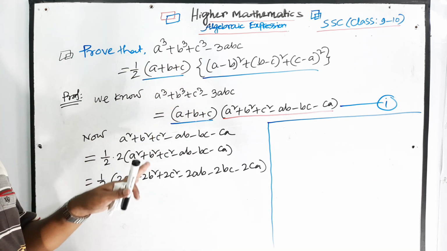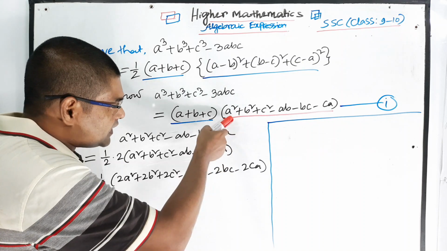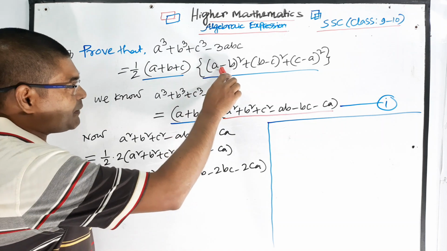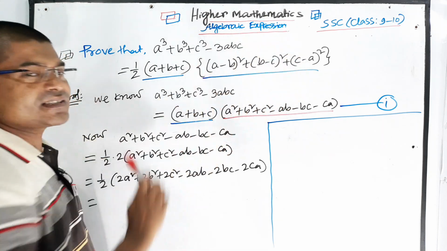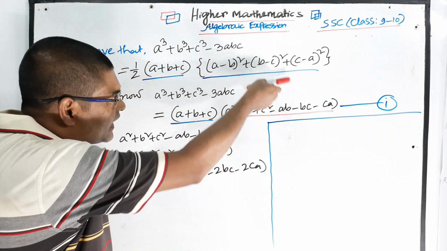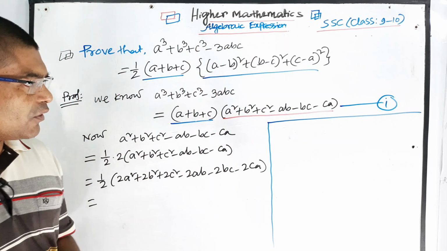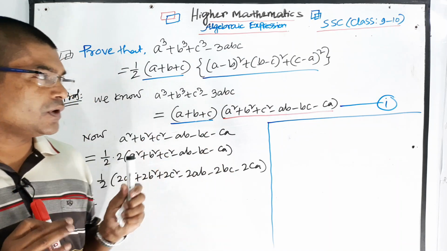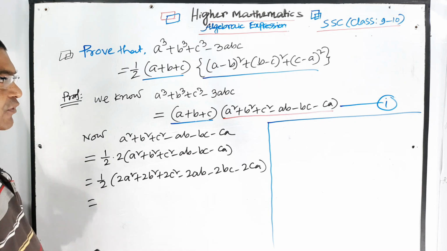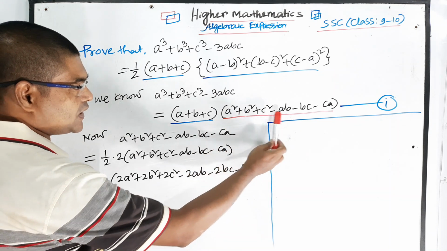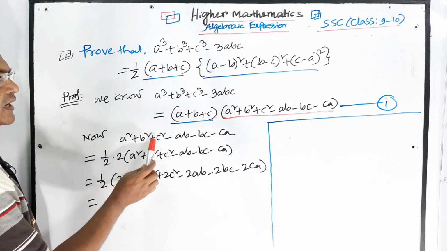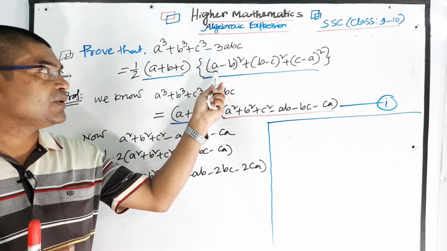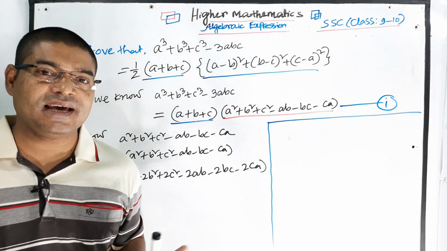But you can see your previous formula was a square, b square, c square, ab, bc, ca, but in the corollary here it is (a minus b) whole square, (b minus c) whole square, (c minus a) whole square. Actually these are different. So if we convert this into this, then we will get the proof. So let's come back. At first you have to write a square plus b square plus c square minus ab minus bc minus ca. We have to go back to (a minus b) whole square, (b minus c) whole square, (c minus a) whole square.